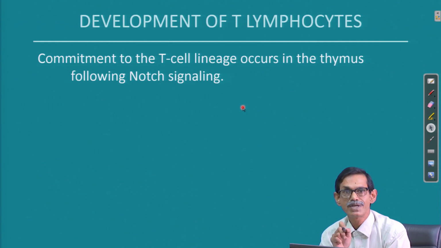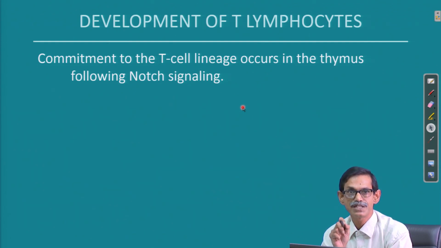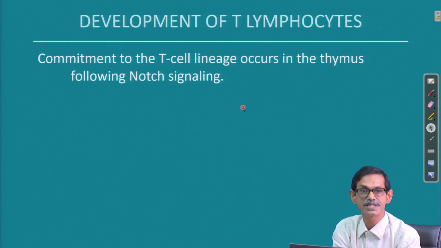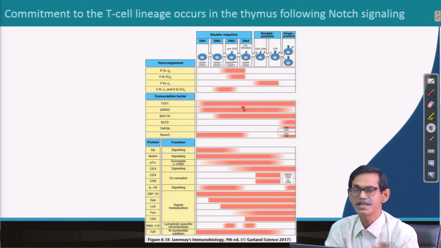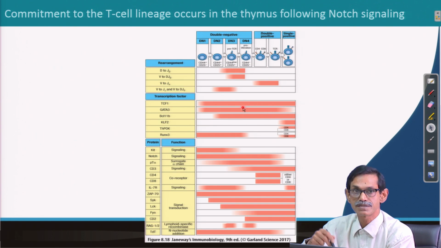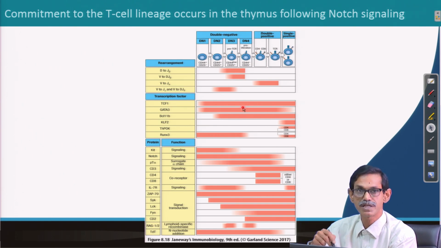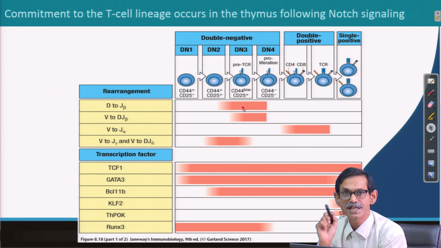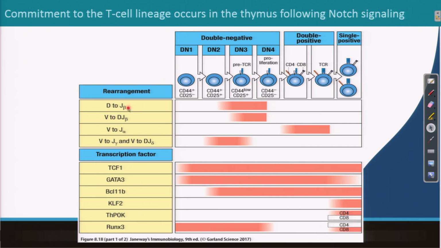So, what it is telling is that commitment to the T cell lineage occurs in the thymus following Notch signaling. We will not go into detail of Notch signaling. Do not be scared by this image, there are so many colors and so many names, we are not going to go into all this detail. What I can tell you, why I am showing this picture, is something you know, here if you see this,